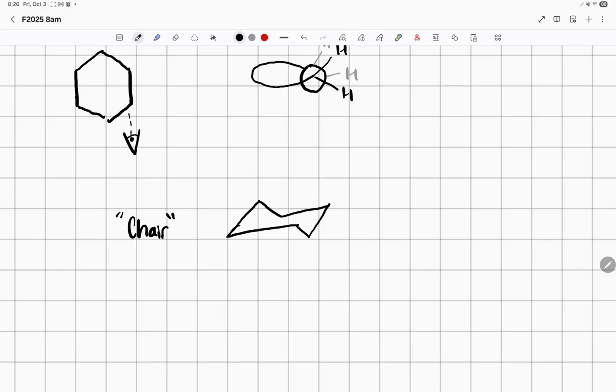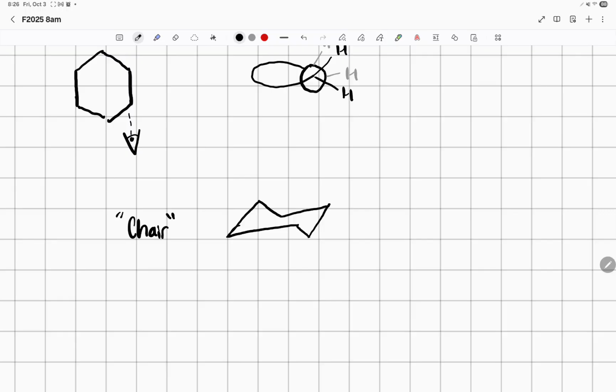So if I do take this to the visualizer, as it's called apparently, if that shows up, there we go. So here is cyclohexane, all prepped for stuff that I'll show you. So again, cyclohexane is not flat. If it were flat, then we would have just perfectly eclipsing interactions, which we do not want. So if we even orient that in such a way, we can see that those bonds would be eclipsing,